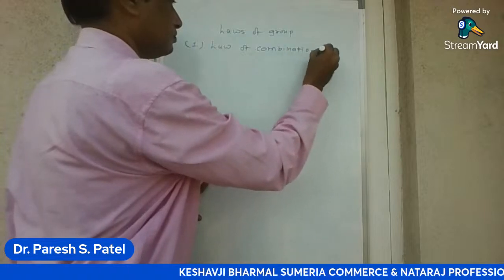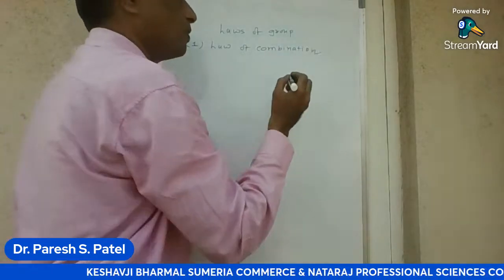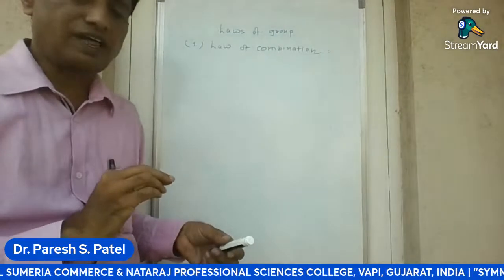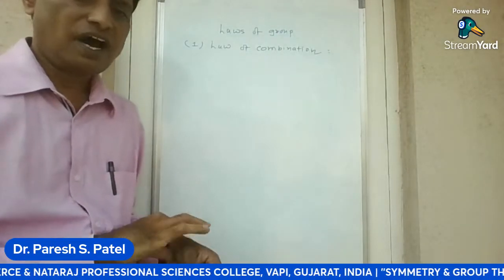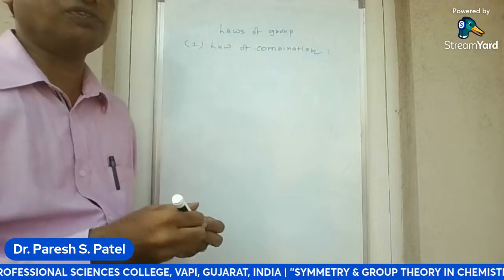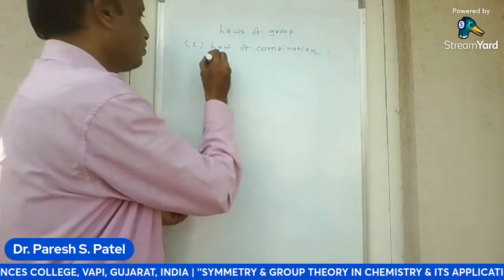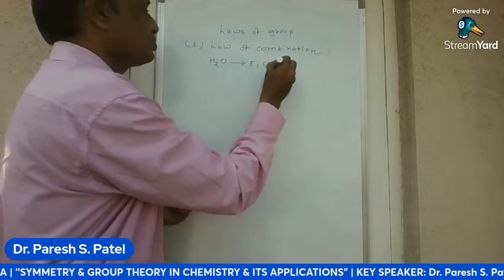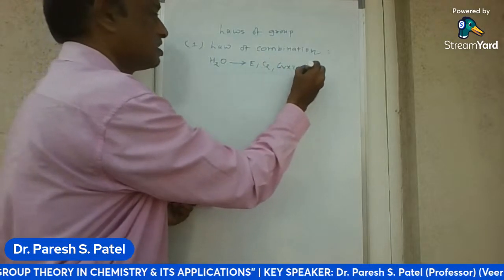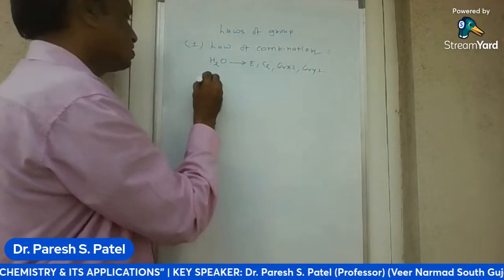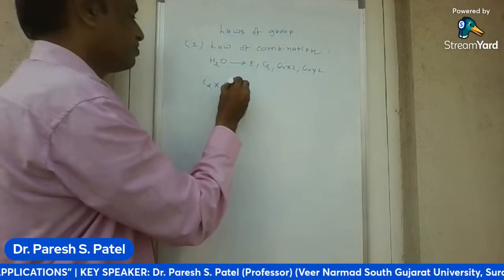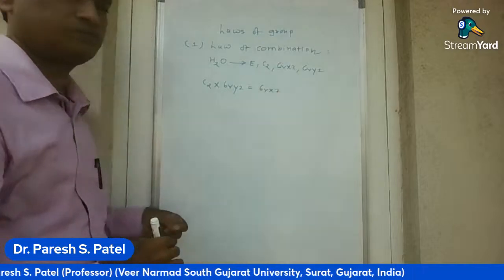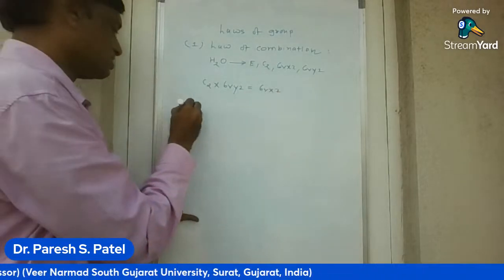What is the law of combination or multiplication? The combination of any two symmetry operations gives an answer that will be the third element of the same group. As for example, the water molecule consists of E, C2, sigma Vxz, sigma Vyz. So C2 into sigma Vyz is equal to sigma Vxz. So the left hand side is equal to